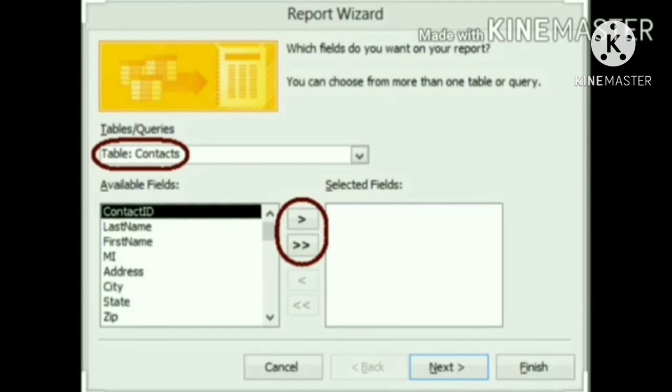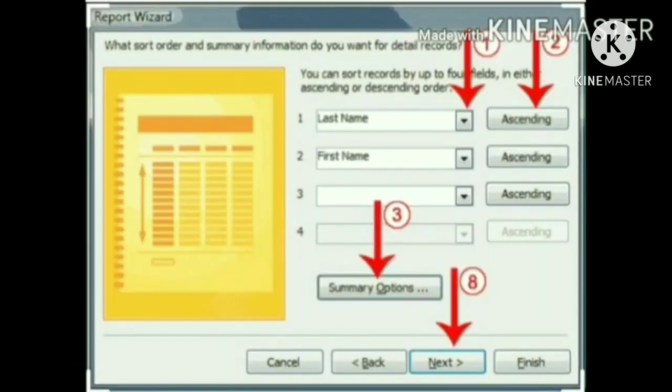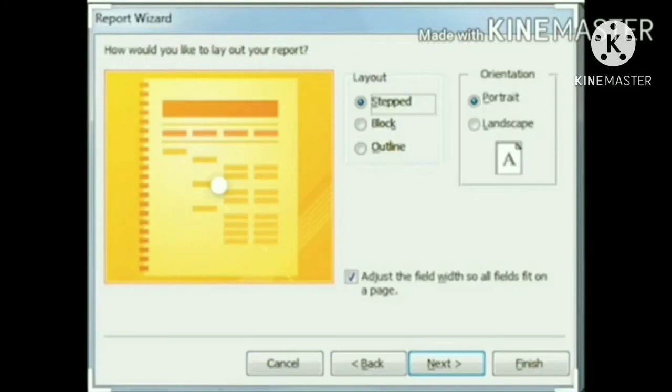First, click on Report Wizard. A Report Wizard dialog box opens. Second, here select the fields of the table or query that you want to retain in the report. Third, after selecting the desired fields for the report, click on the Next button. Fourth, in this dialog box, set the sorting order of the records for the report. Note, you may always select the Back button and get to the previous screen. Fifth, click on the Next button.